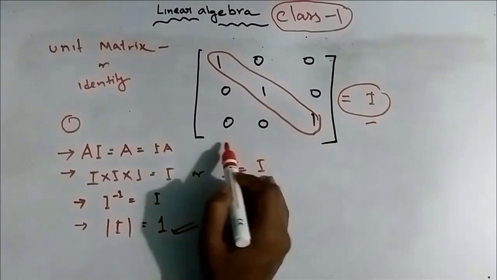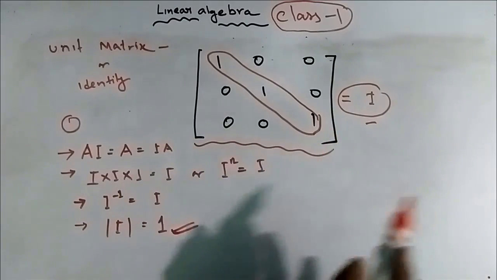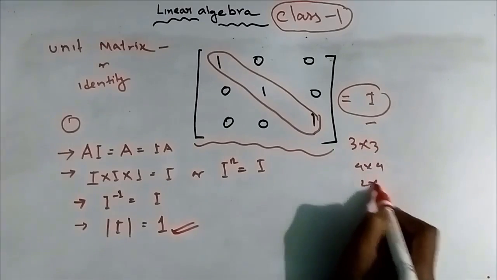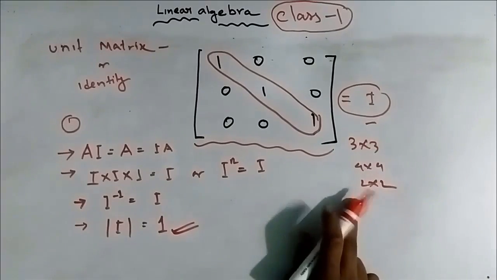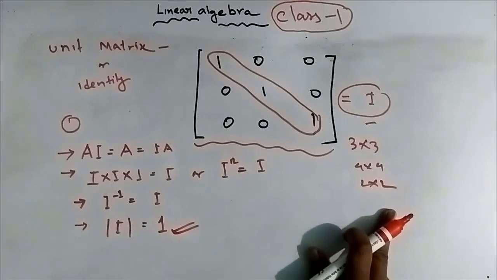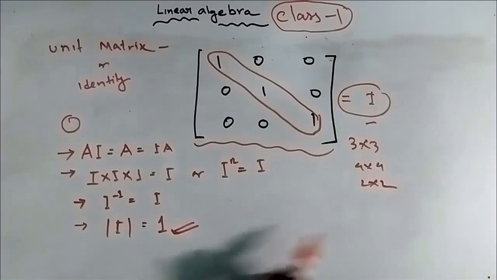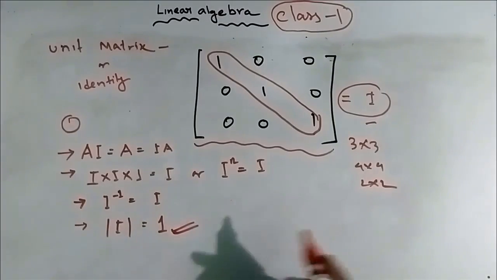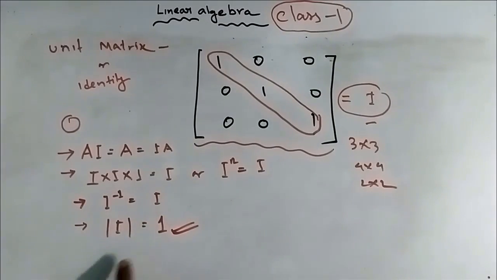So if you want to calculate the determinant of an identity matrix of any order, it may be 3 cross 3, 4 cross 4, 2 cross 2, or any order. The number of rows must be equal to the number of columns, because an identity matrix must be a square matrix. I have already told you that we will mainly deal with square matrices, so we'll learn the different types of square matrices and manipulate them. So the determinant of any identity matrix is 1. Let us, guys, know some more special matrices, and after that we will learn the matrix operations. Okay,